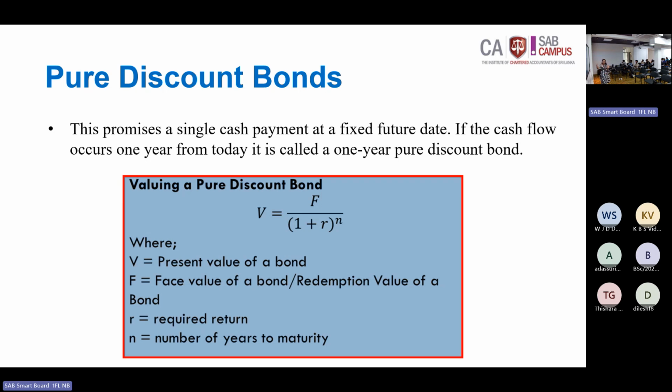A pure discount bond is a single cash payment at a fixed future date, right? When the company issued the bonds to the investor, the company promised that we'll give a payment at a fixed date without having the coupon payments, only the maturity value. They are not going to pay the coupon payment. They just acquire the funds and, at the end of the maturity period, settle this fund to the investors. Then the bond type